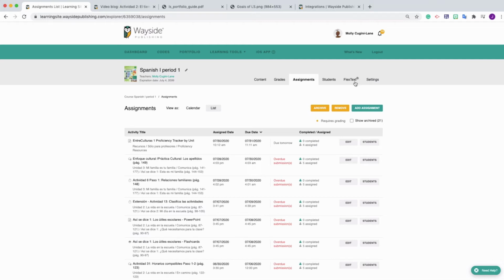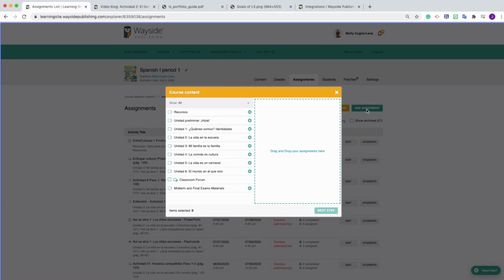So we showed the FlexText, and if you want to assign maybe one thing at a time, you can also do that on the content side, but maybe you want to assign things in bulk. You would come to the assignments tab, and here you can either drag or drop your items. You can also, in this view, which is great, see which items have already been assigned